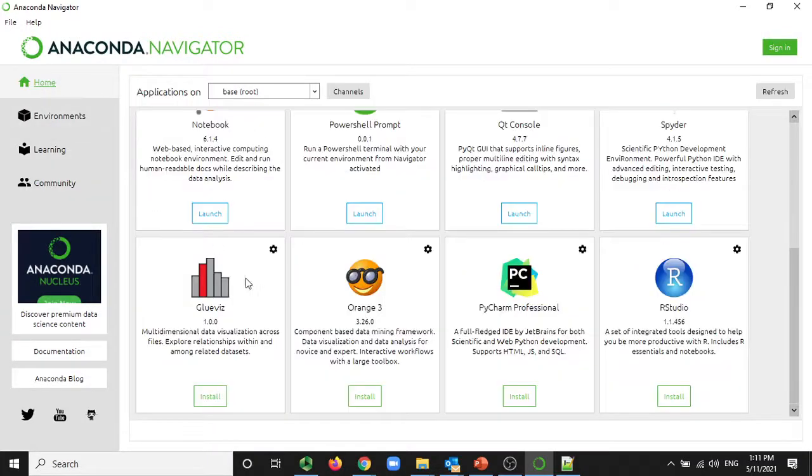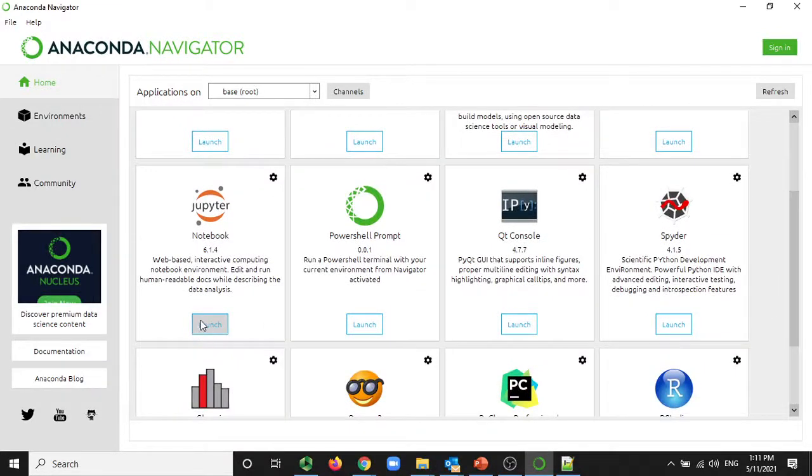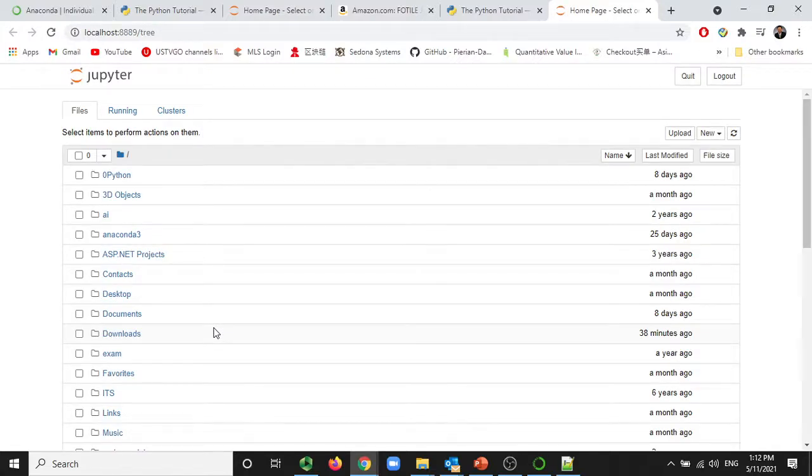So let's first take a look at the notebook. What you're going to find is the Jupyter Notebook. This is the one that we're going to use. So please click launch. You're going to see the very first Jupyter Notebook. Once you launch the Jupyter Notebook, the very first thing you're going to see is actually the